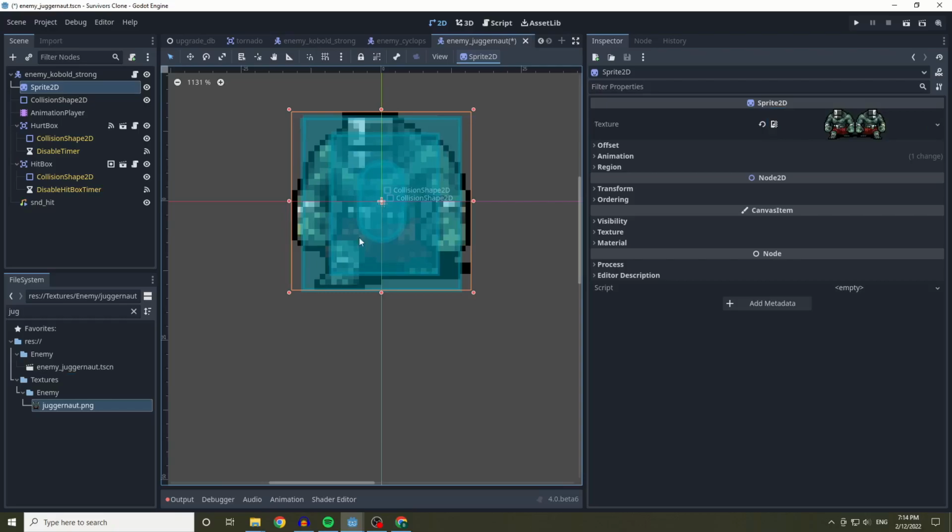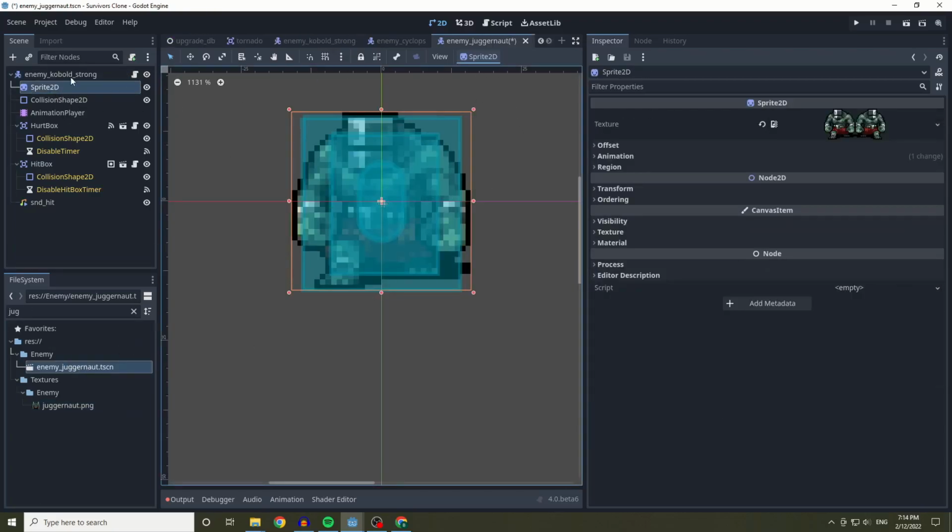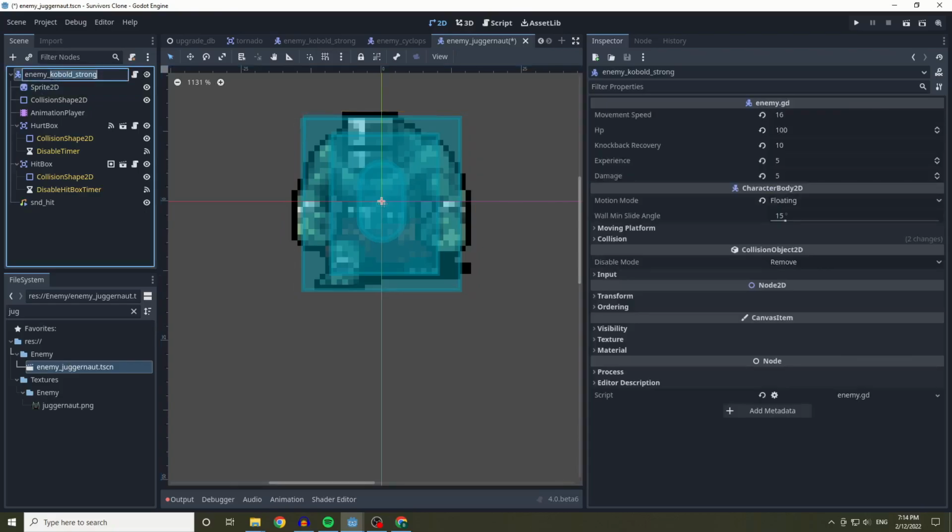It's kind of the same model, just with armor, so I'm just going to leave all of these things the same. Also, I'm going to be going back to enemy Cyclops and changing the name to Cyclops there, so that's all good. So we go back to the Juggernaut, double clicking that, and once again just going to type in Juggernaut, and so our Juggernaut's going to be a beast,